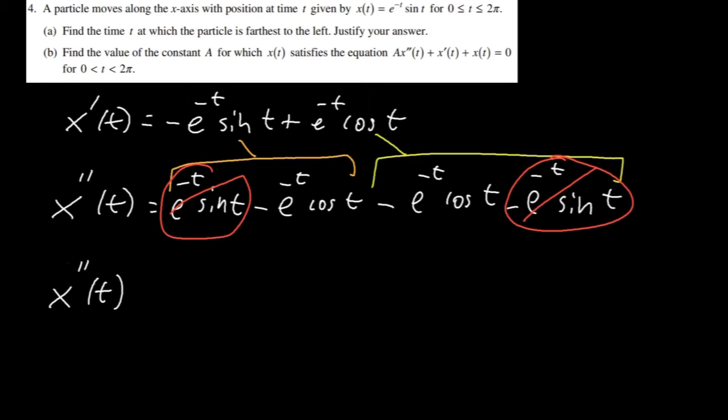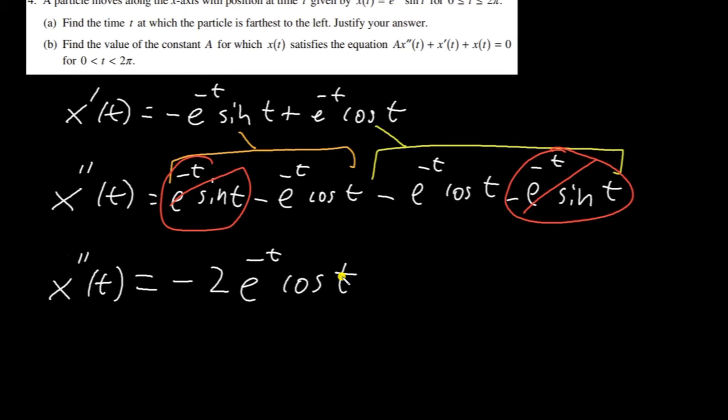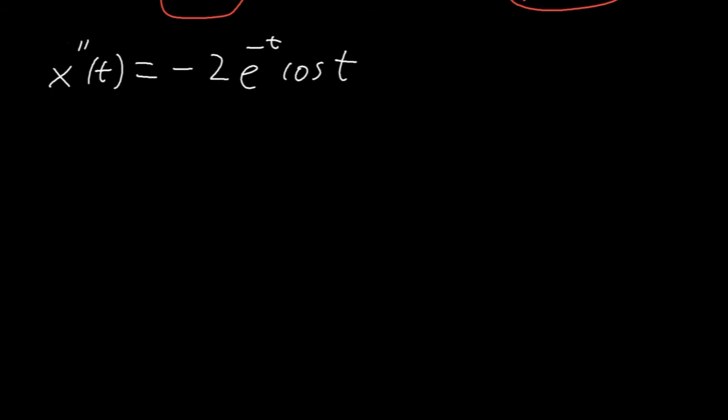Now we're left with negative 2 e to the negative t cosine of t. Now we have this equation, right? a x double prime of t plus x prime of t plus x of t equals 0. What I can do now is substitute my x double prime of t, x prime of t, and x of t into that equation. So a times x double prime of t is going to be a times negative 2 e to the negative t cosine of t